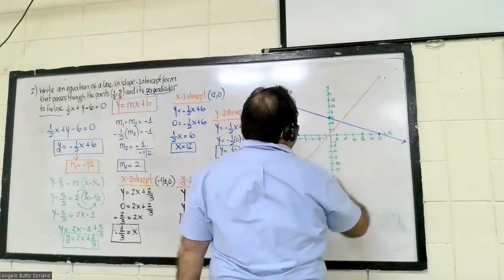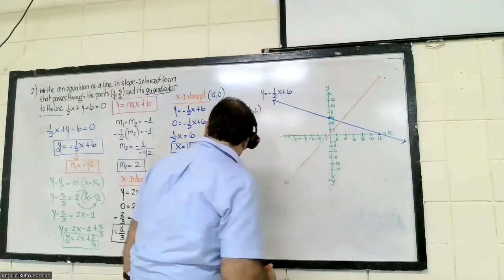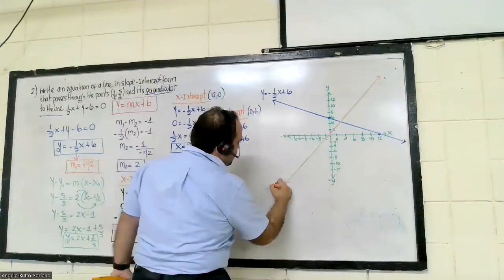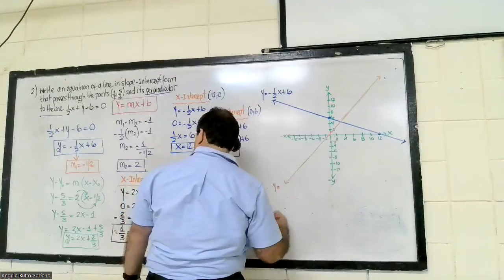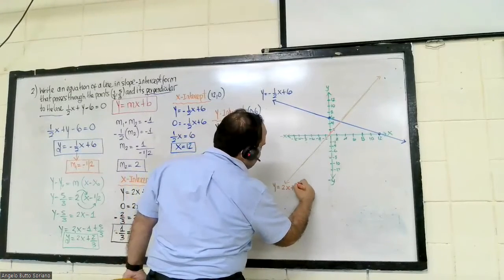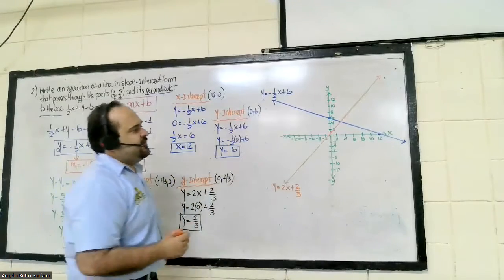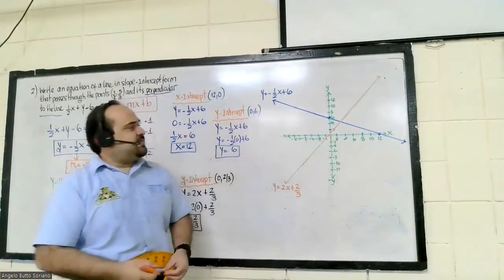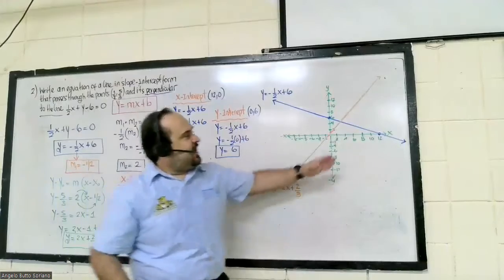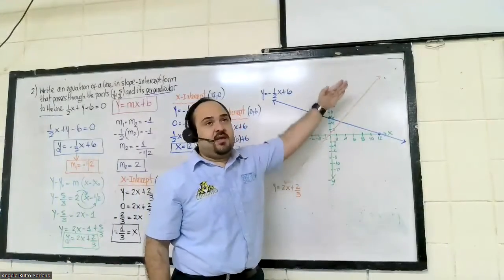We have an intersection point between them. Remember, this line belongs to the equation y equals 2x plus 2. Okay. And if you see, we have that intersection point, and it has the shape of the letter